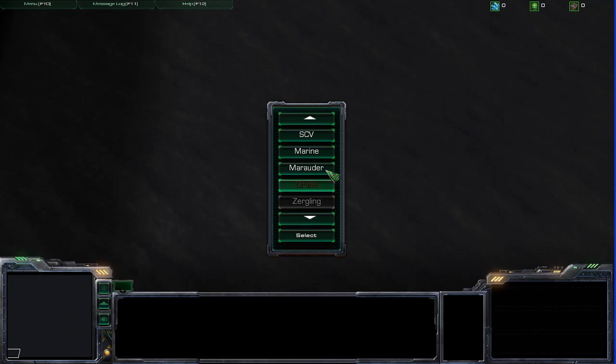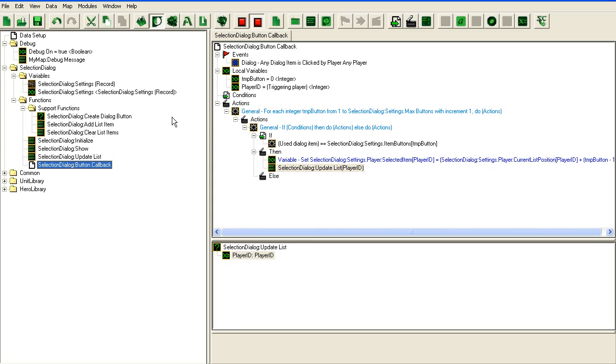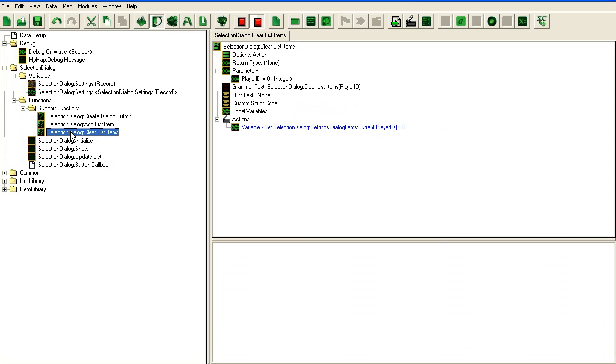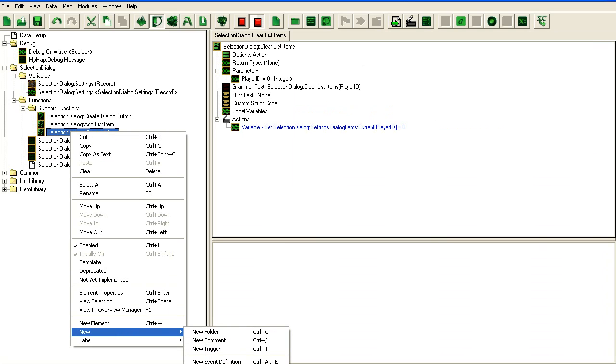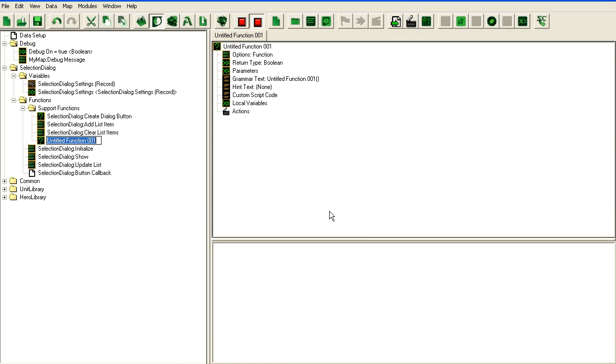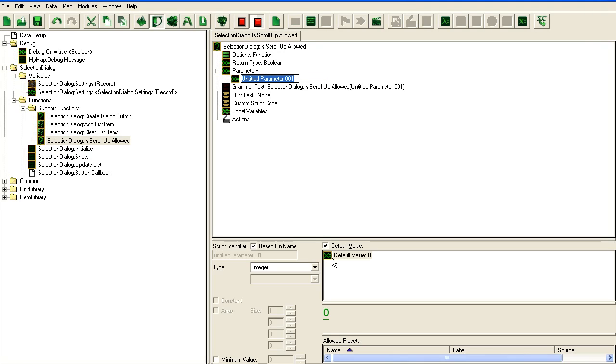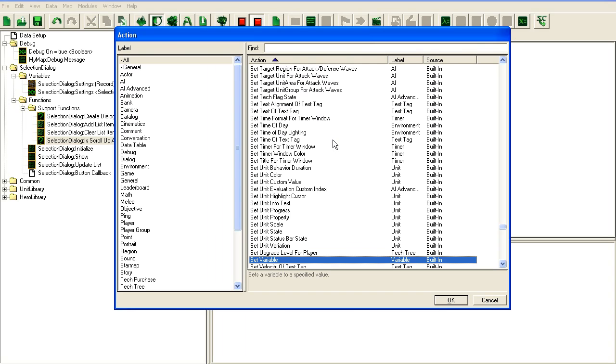So now we have a button selection here. Now we're gonna have to do some scrolling action, which is also fairly easy. We're gonna start by adding some more support functions. New function. Dialog. Is scroll up allowed. Once again, we need a player ID as a parameter. And it's just gonna return a boolean, so